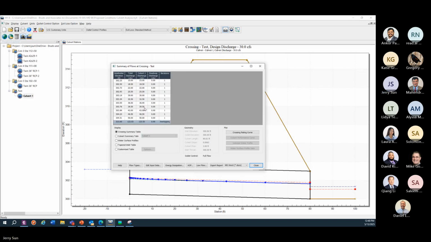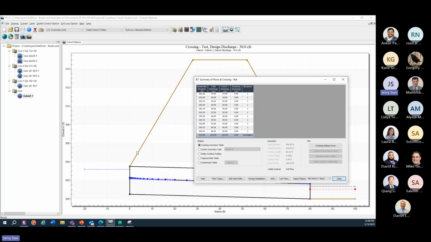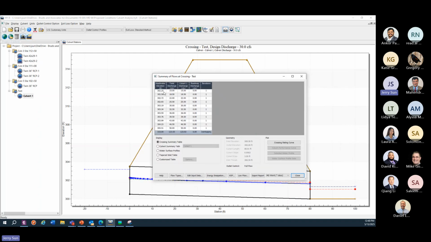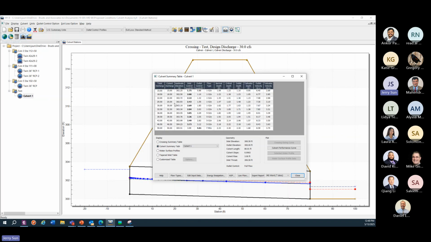So this is basically the headwater elevation we most likely use for the design. Look at if overflow or not, right? This is the most important parameter. We look at the design flow. We look at the maximum flow if overtopping or not. And of course, we look at the pipe hydraulic parameters used. For example, you look at the 30s, you get a cover 30, right? Then you come out,